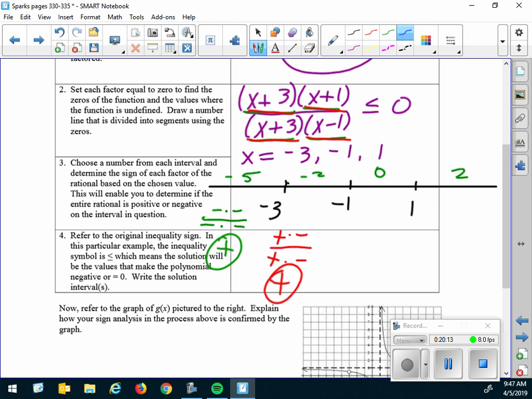Now x is 0. Positive, positive. So the numerator is positive times positive. Denominator, positive times negative. That gives you a positive divided by a negative, which is a negative. One more. If x is 2, positive times positive over